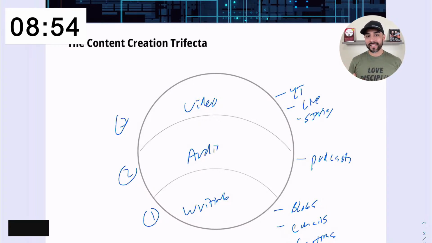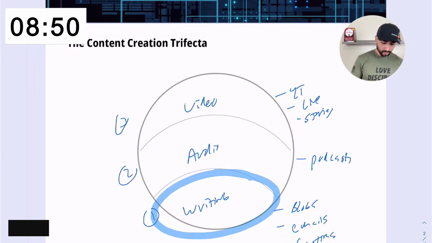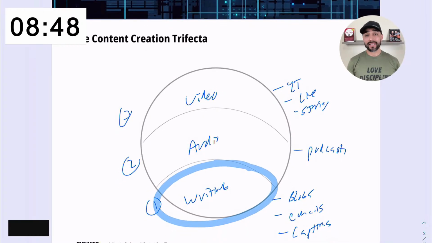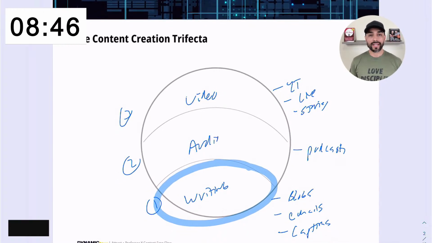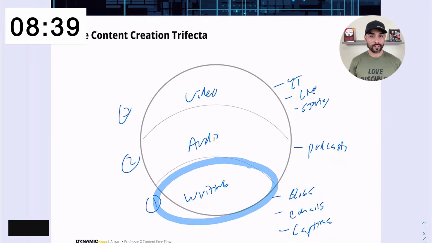And this is where AI is going to come in, right? We're going to specifically focus tonight on utilizing writing and having AI be a tool to help us out with content creation, okay? Because I'm not going to dive into the video aspect or the audio aspect. I have not even gone down that rabbit hole, and I'm not about to go down that rabbit hole either, okay?